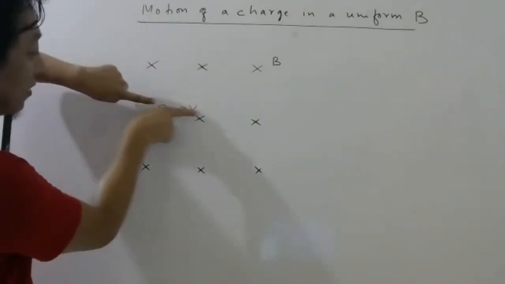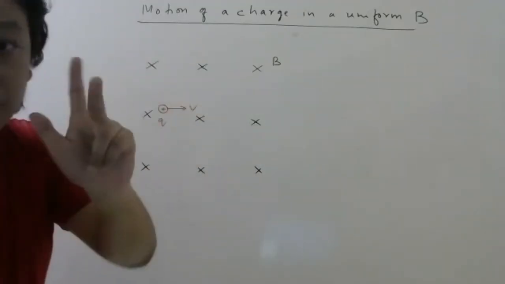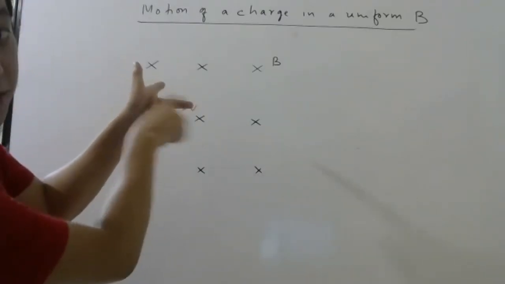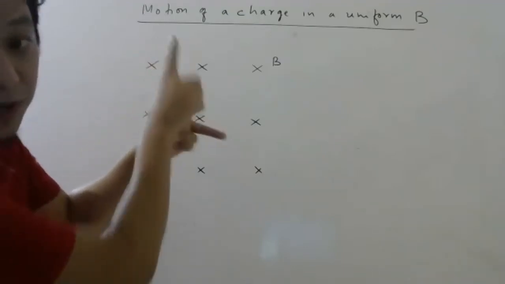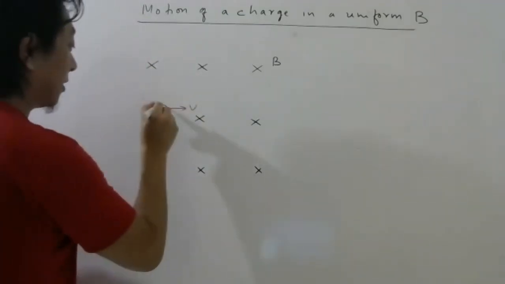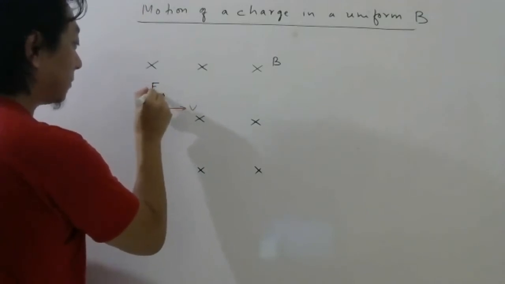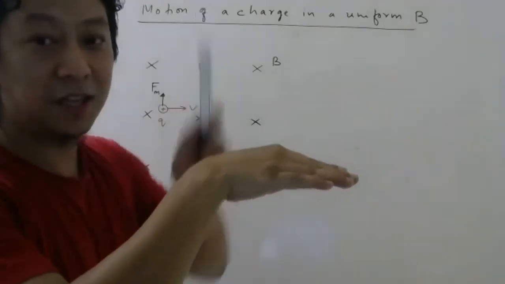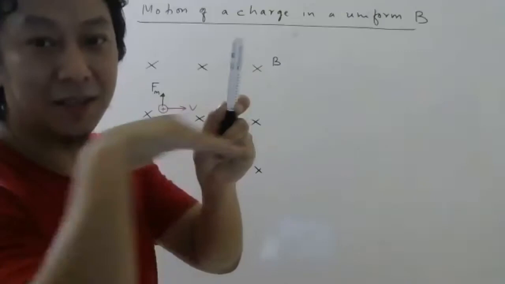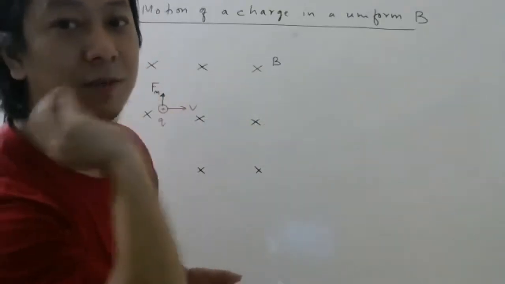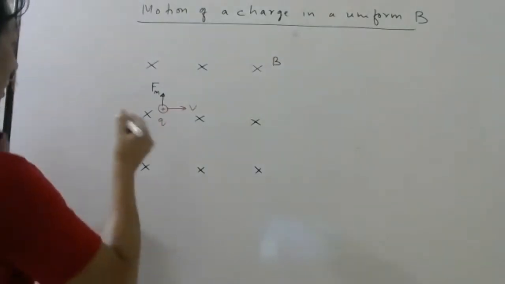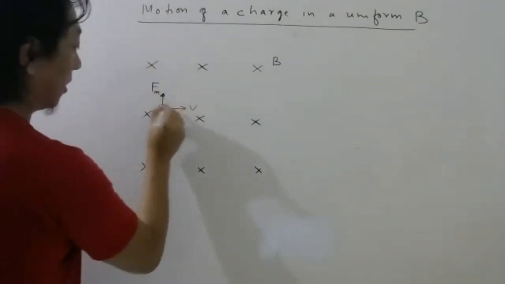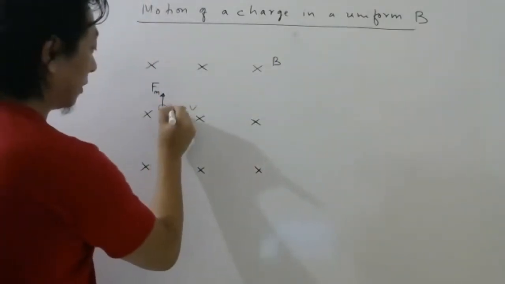So this charge is coming like this, right? So this is magnetic field inside the board. This is motion of the charge, positive charge. So force will be upwards. So this will feel a magnetic force upwards, right? So when you are going like this and suddenly you feel a force here, what will happen? You will turn like this, right? In gravity, that is what happens. If you throw something like this, it turns. Since force is upward and it is going this way, it will turn like this.